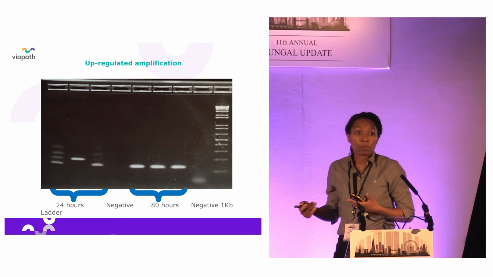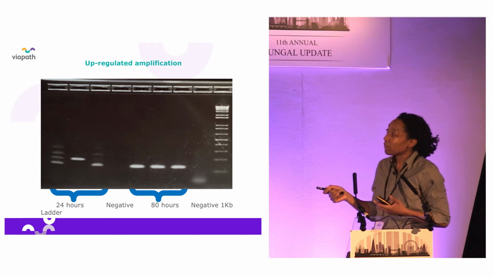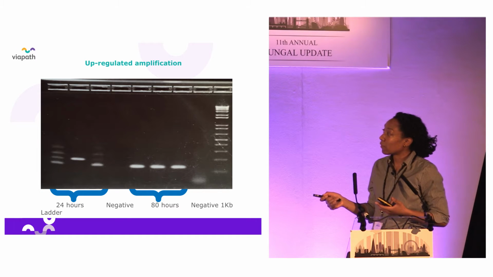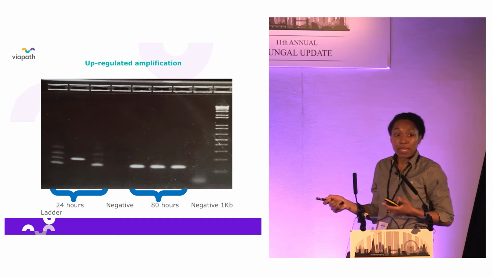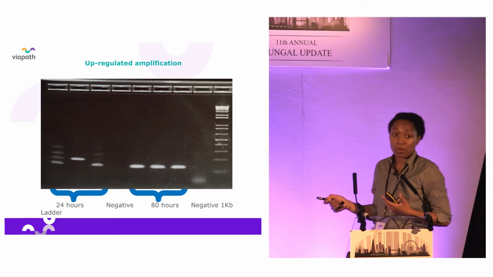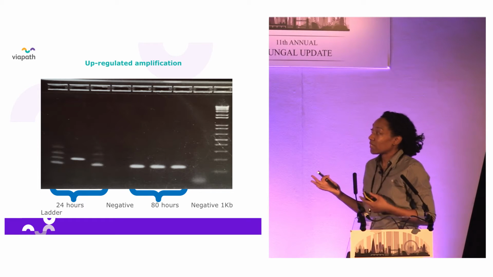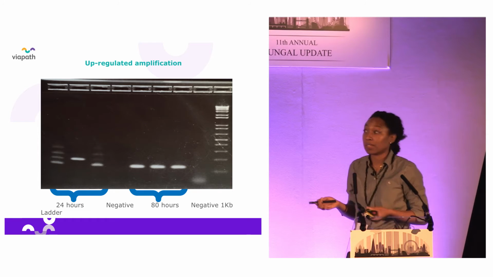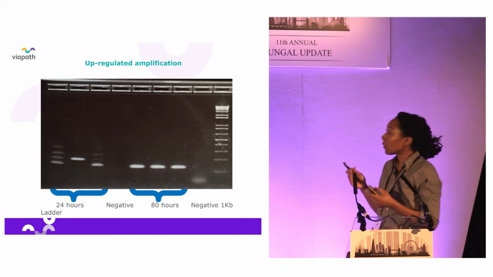I'm going to require more time to look further into this to find out what the primers are potentially binding to, but this amplicon here is the expected band size. And as you can see, for the 24-hour sample, the amplicon is not as intense as you see with the 80-hour sample, which is, if one doesn't have a real-time PCR machine, the conventional method can indicate that there is a difference